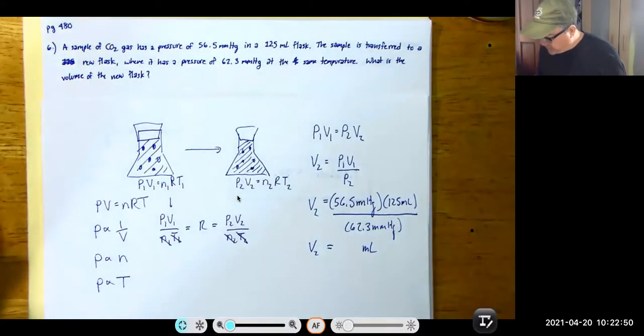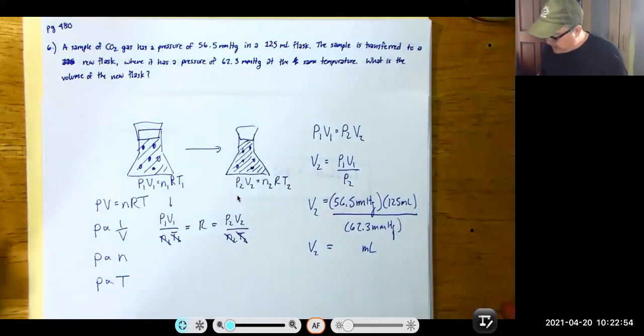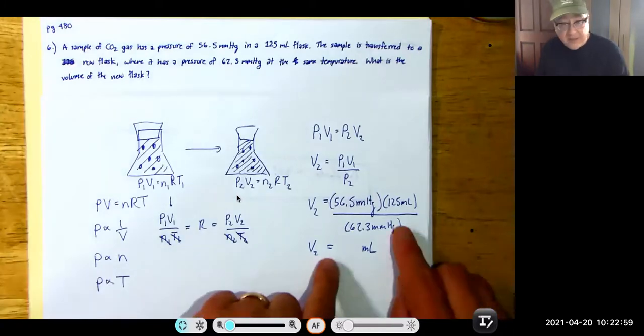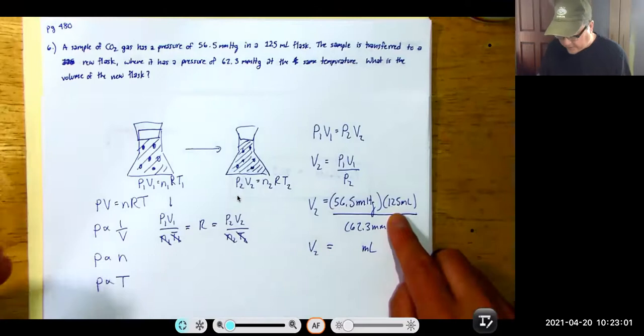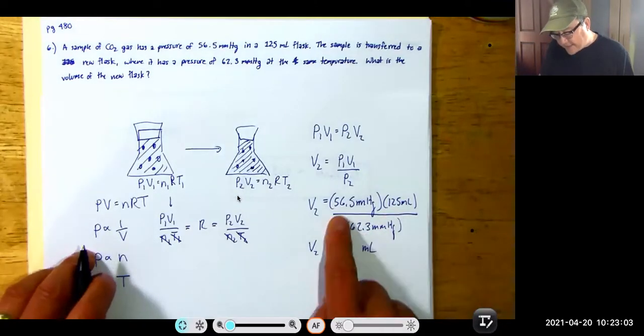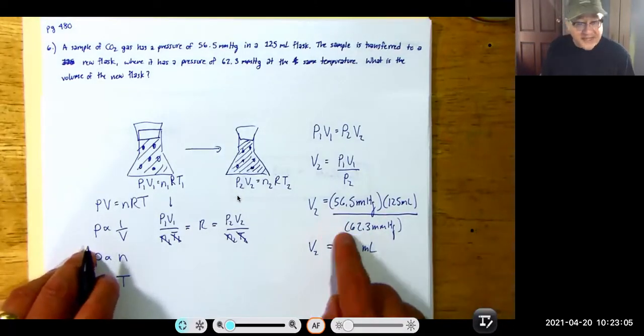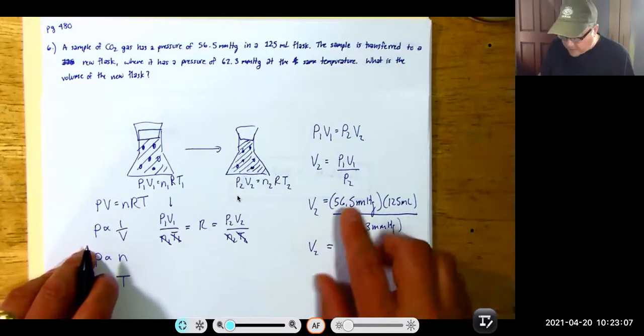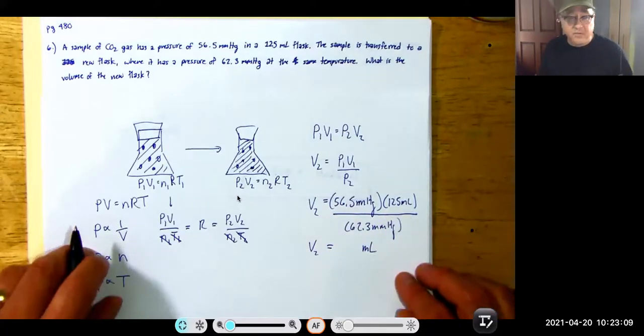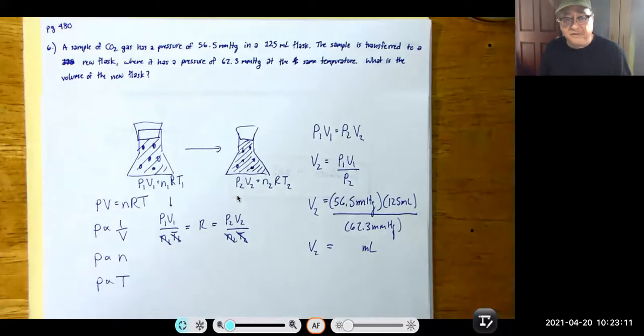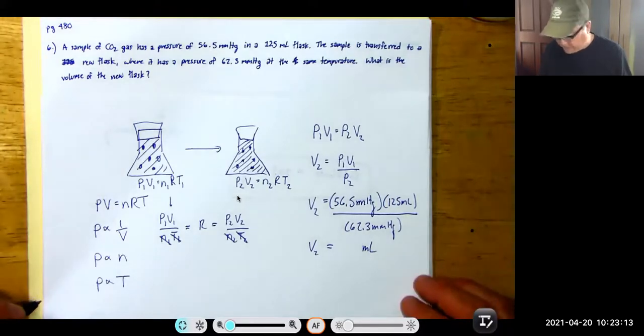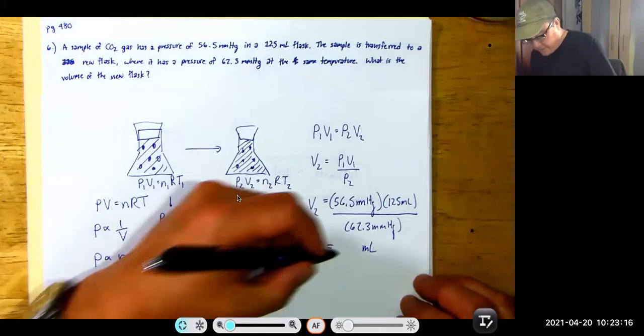So we have 56.5 times 125 divided by 62.3, and this better come out a little less than 125, right? Because 56 is less than that. In fact, I'd say that 56.5 is about 10% less than that. So our answer should be 10% smaller than 125. My guess is about 115 or 112. Okay, and the answer comes out to be